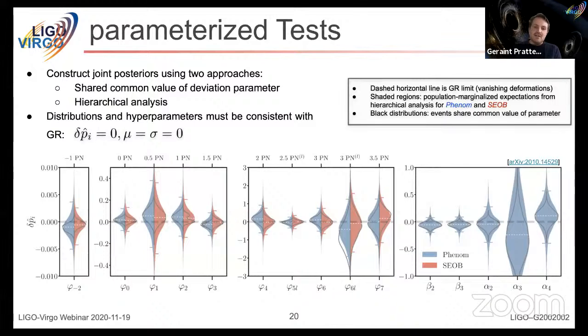So plotted here, the dashed horizontal gray line corresponds to the GR limit of vanishing deformations, and the shaded regions correspond to these population marginalized expectations from a hierarchical analysis. Blue is for Phenom and red is for SEOB. And the black distributions are when you assume the shared common value. So the left-hand side is for Phenom and the right-hand side is for SEOB. And again, we find that everything is consistent with general relativity. We see this again in the next slide,